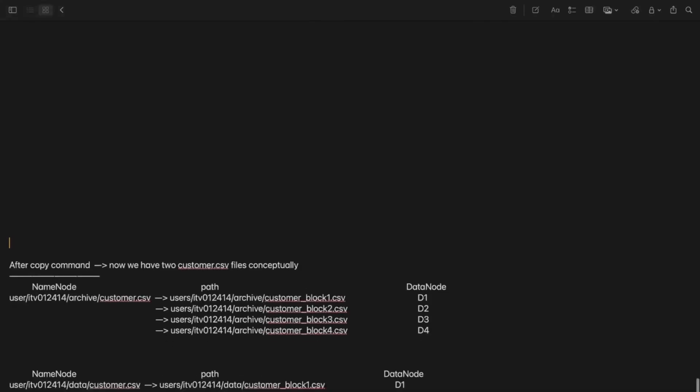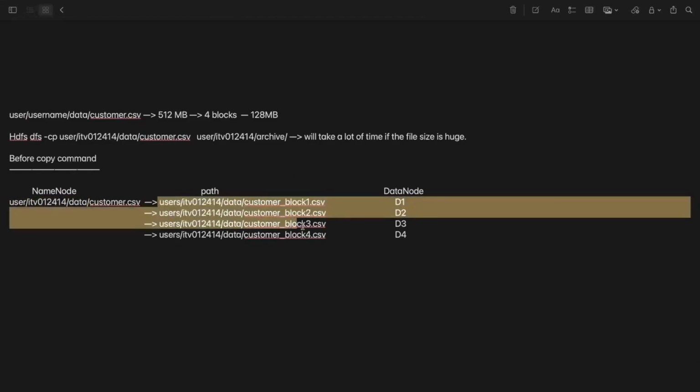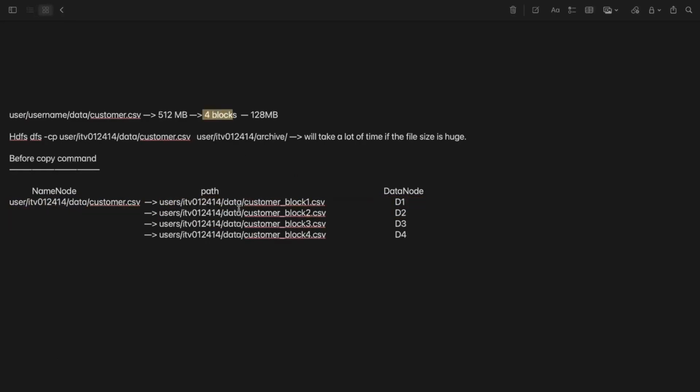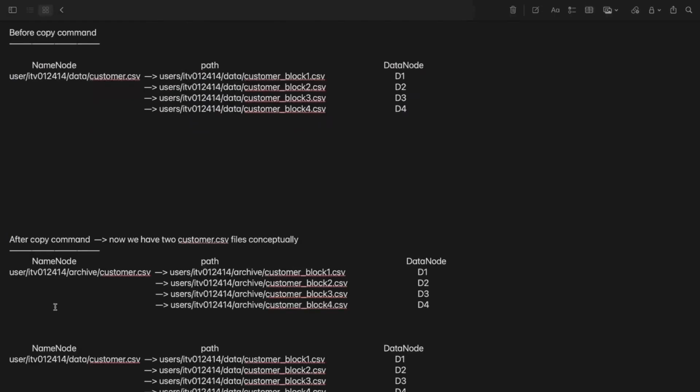Before running the copy command, the name node would have this mapping with these four blocks, which are stored on these data nodes, let's say data node 1, 2, 3, 4. But after you run the copy command, what will happen is